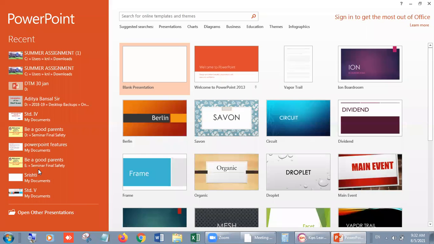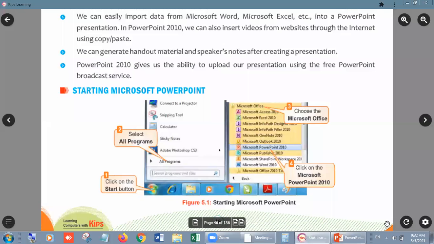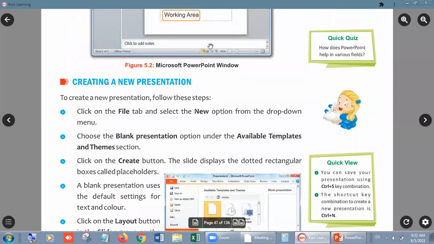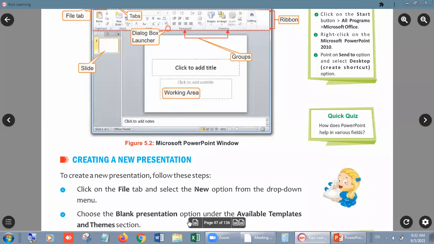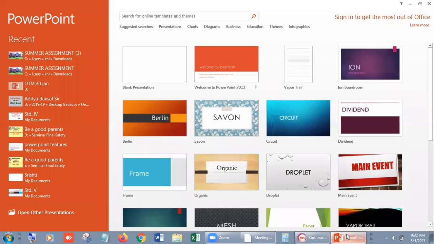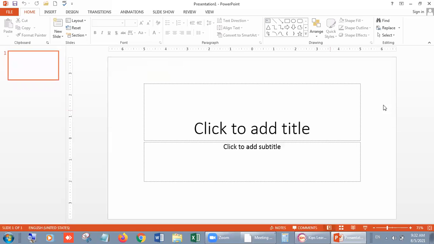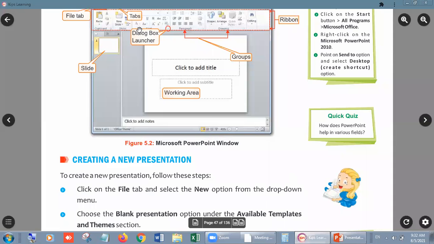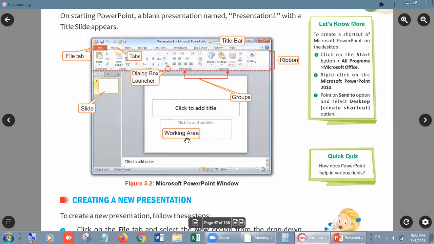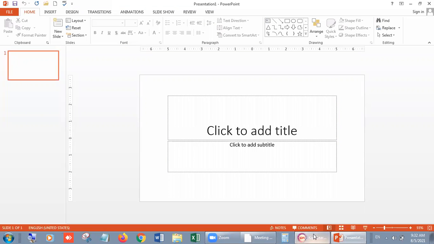You will see this kind of screen, and from it, let me turn the page. From it, you will get this kind of screen, but how? After clicking on blank presentation. This is blank presentation, and you click on it, then you will get the same kind of file on the screen. Look, students, as you can see in the picture of your book, the same file you will get. This is our screen.